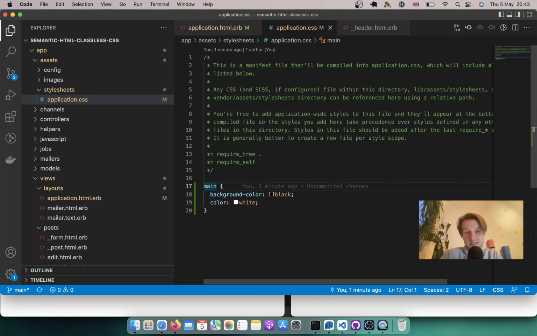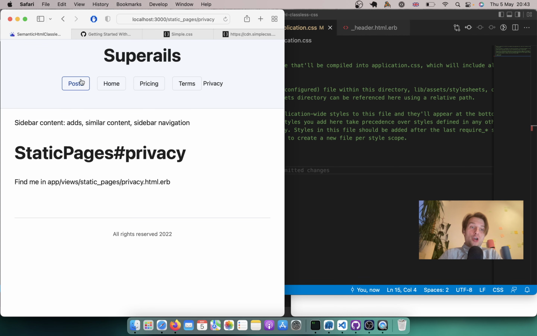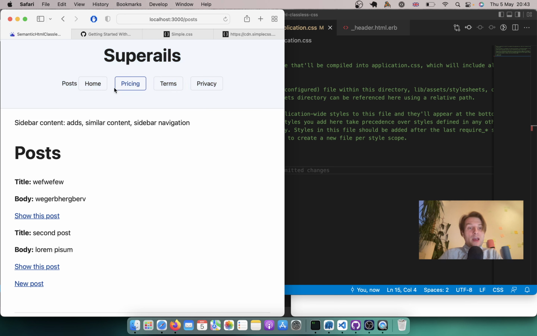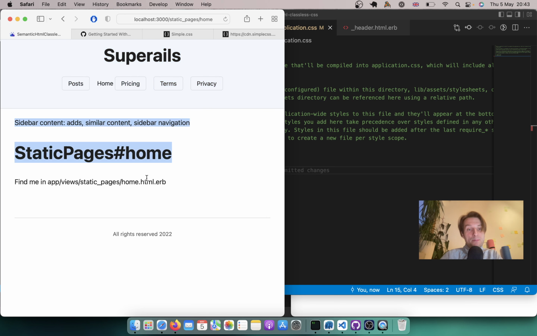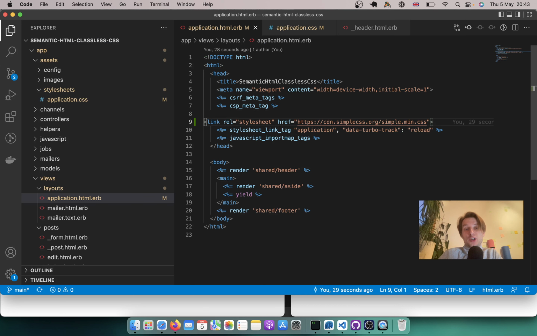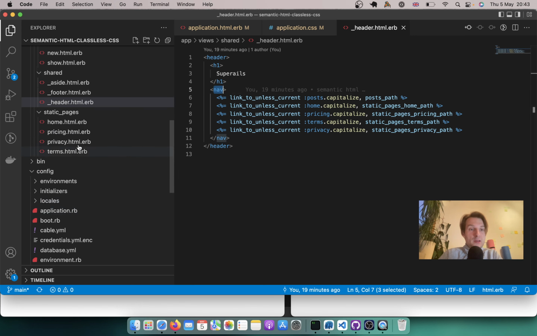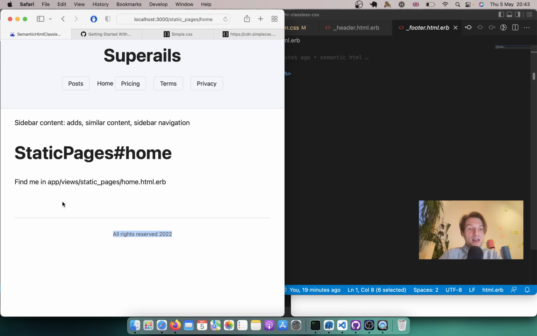Let's just remove these styles that I have added on my own. And here you see we have the header part of our application, we have the navigation links styled, we have the main part of our application, and we have a footer. And it was all styled automatically by us just adding the simple CSS classless CSS framework to our application. It just applied different styles on our HTML tags like main, like header, like nav, like footer. So for the footer it added this